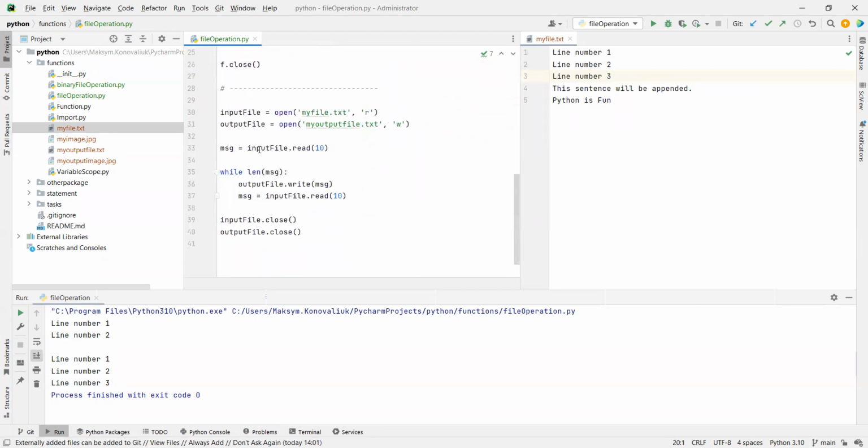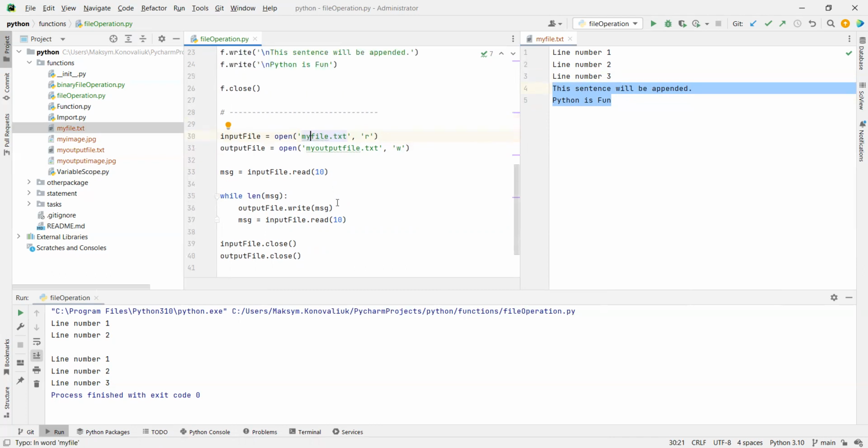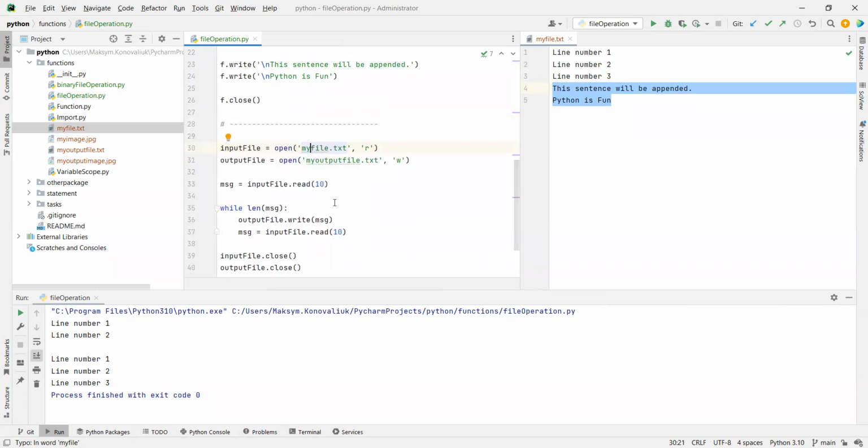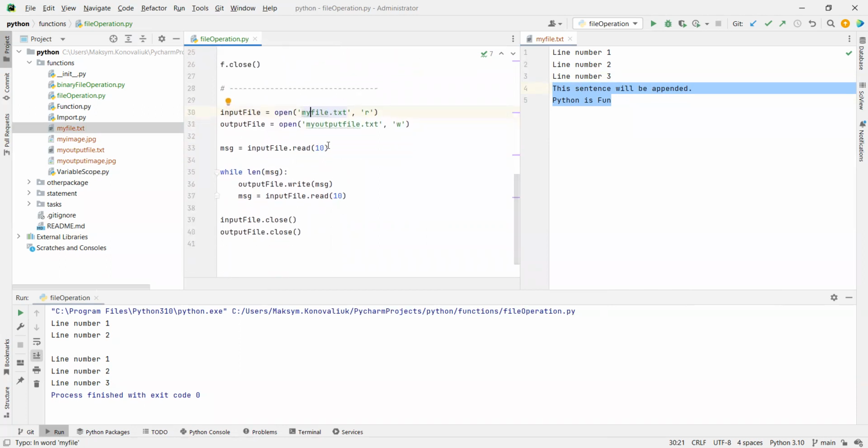Another sample will do the next one. We will read information from one file and write information to another file. So we will open 2 files. One of them will be for reading, another one for writing. Then we will read in a different way. We will read it by the number of bytes. And this parameter will show us how many bytes we will read. So we will read part by